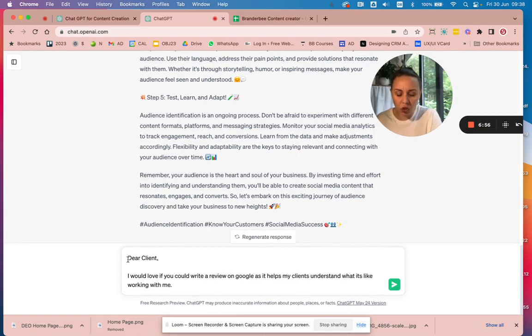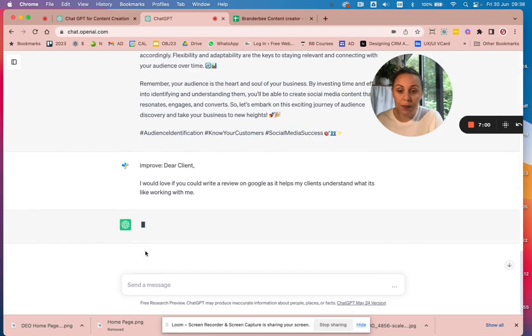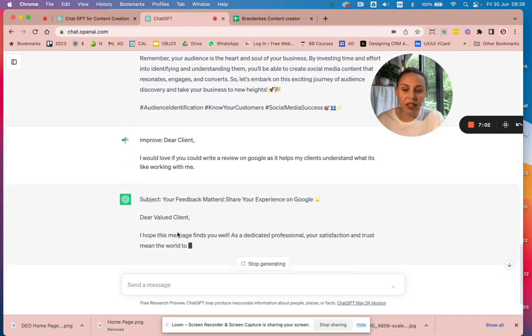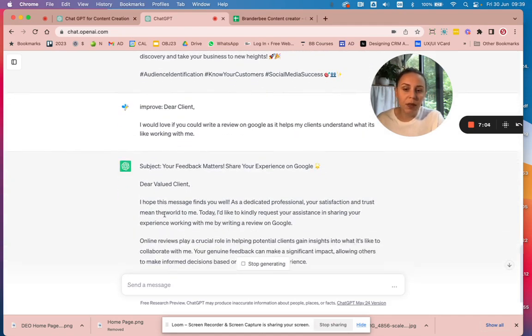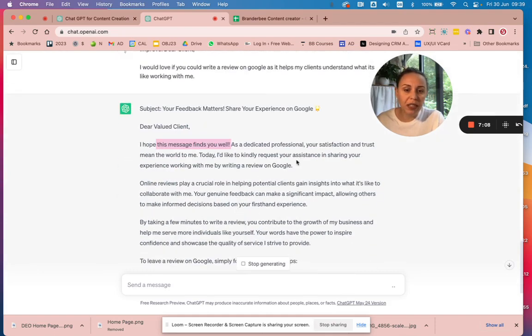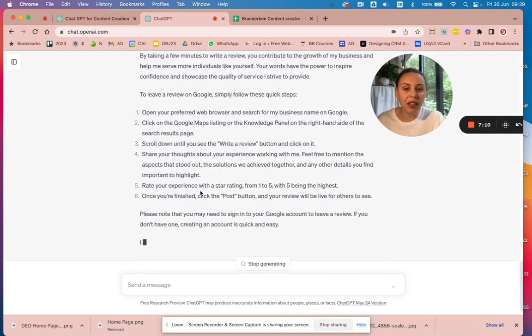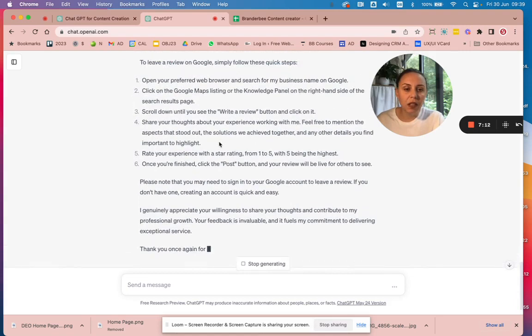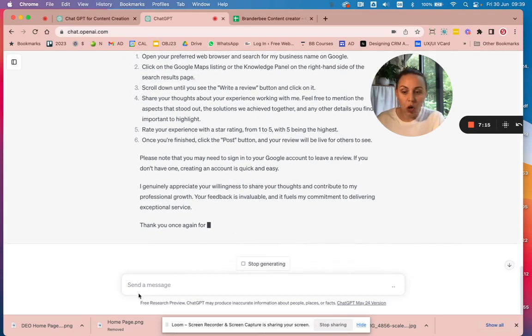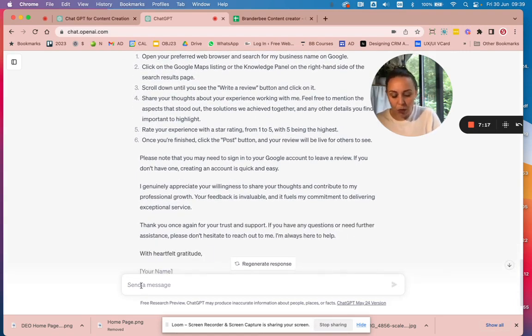So what I write at the top of it is improve. I'm telling ChatGPT to improve this, and now it's going to rewrite it in a slightly different way, you see. It's all very official. I don't usually like to do these, but it gives me a better version of it. Or for example, I would say correct grammar,